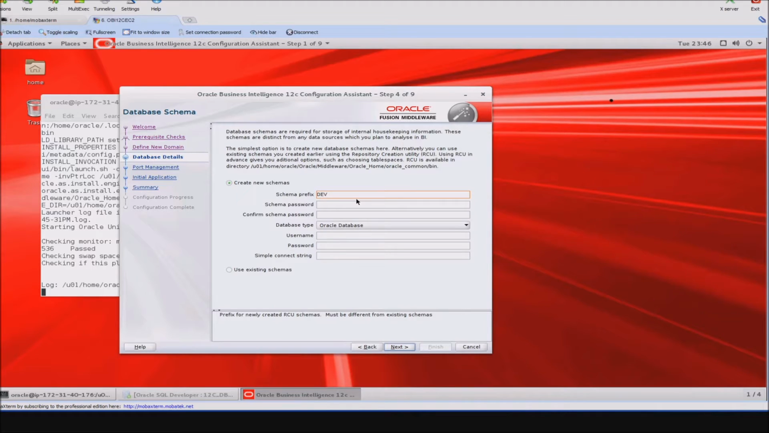So I'm going to just go ahead, give it a schema prefix. We will give it a password. We know that we're using an Oracle database. We will give it the sysuser. And then our connect string is